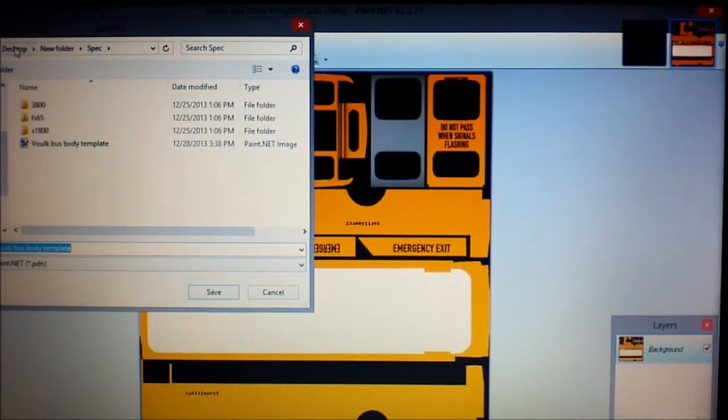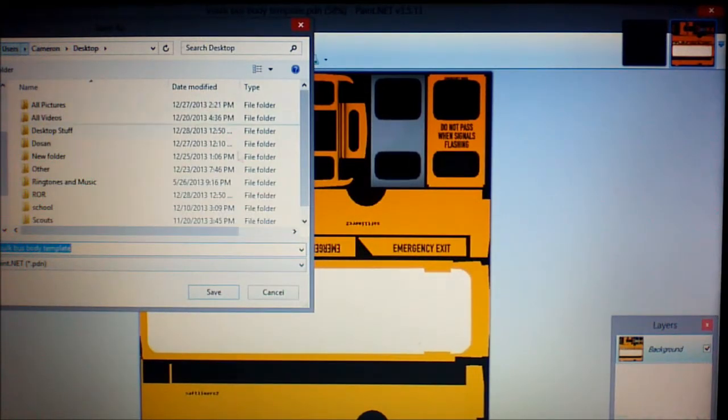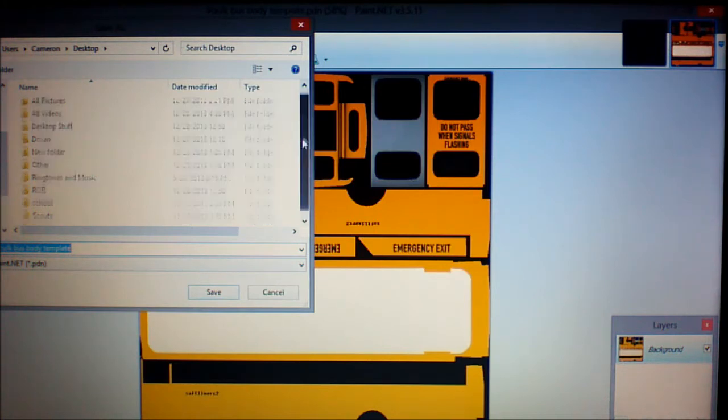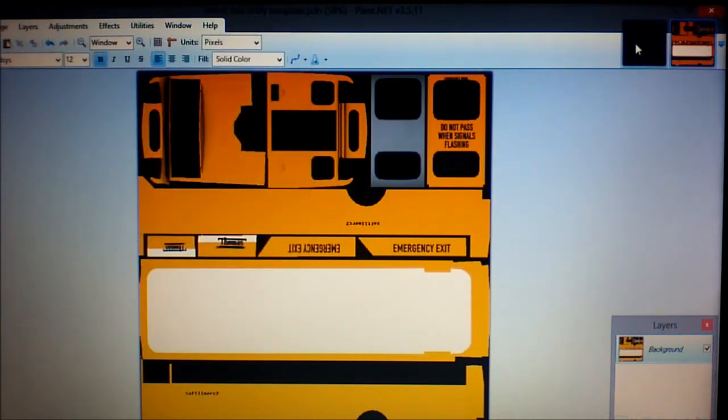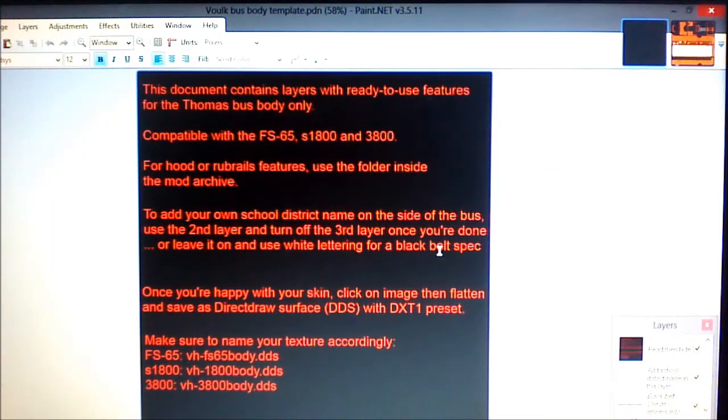So we're going to go ahead, and I'm going to save this on my desktop so that y'all can see this, and you can save this on your desktop too. I actually suggest you save it on your desktop, but we're going to go ahead and make it for the 1800. And you can do it for whichever one. You just have to make sure that it's named according to these files. So the one that we're going to do is